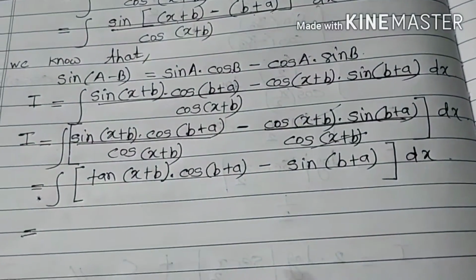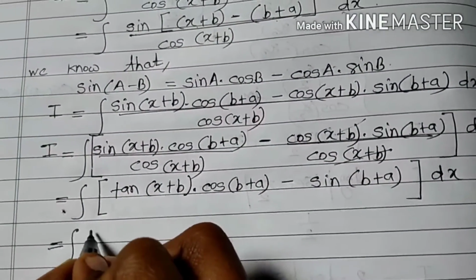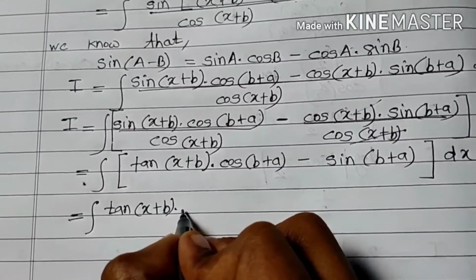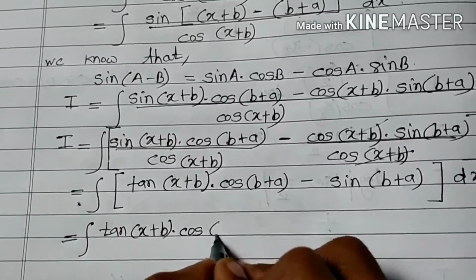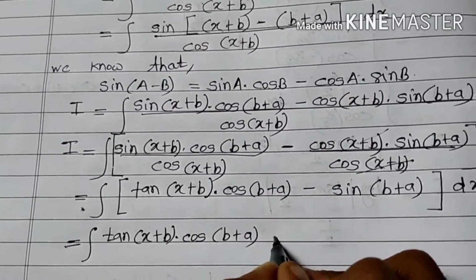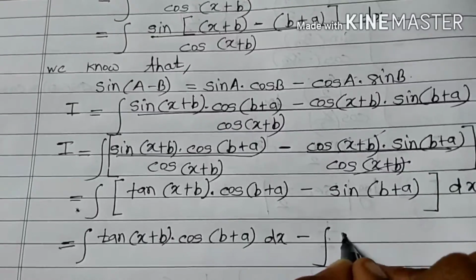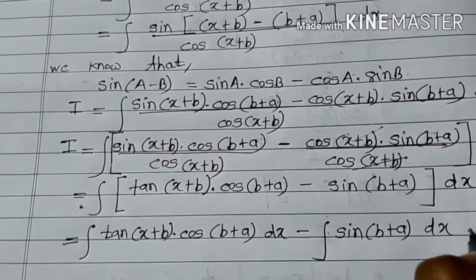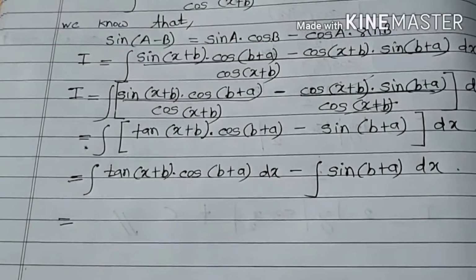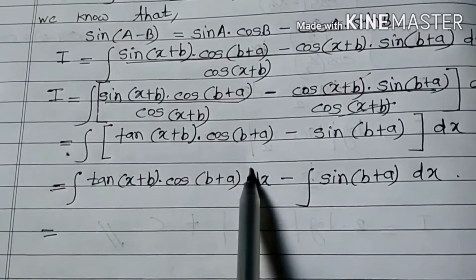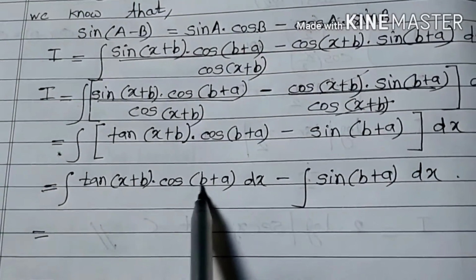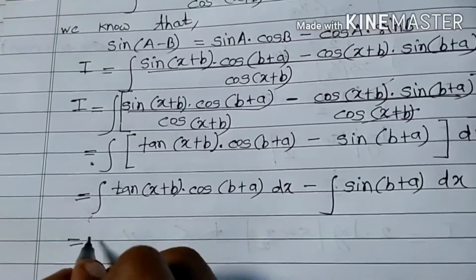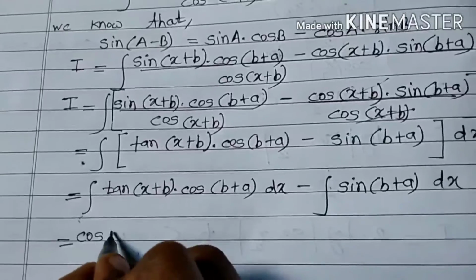Now take integration. So integration will become tan x plus b into cos b plus a into dx minus integration sin b plus a into dx. Now here b plus a is constant, so here cos b plus a is constant, and take it outside of integration. So our next step is cos b plus a